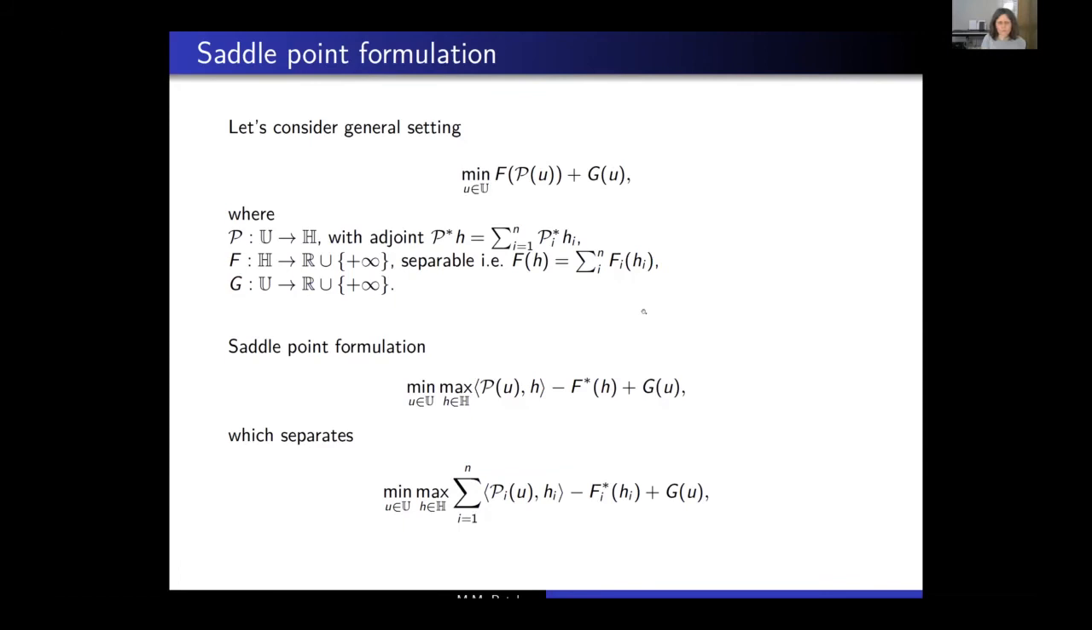So just to make the notation fit the notation in the method, the data fidelity term is abbreviated with this F functional here. G is the regularization term. So this is the general setting, and we have our forward operator that is capable of being split into the partial operators Pi, so that if you stack them on top, so this is like taking the rows of the matrix, for